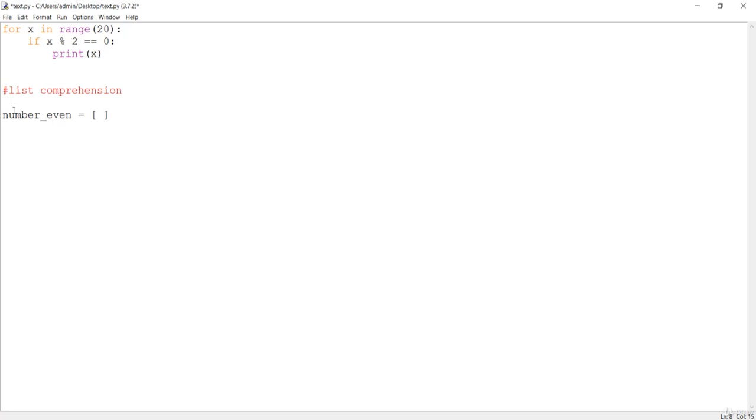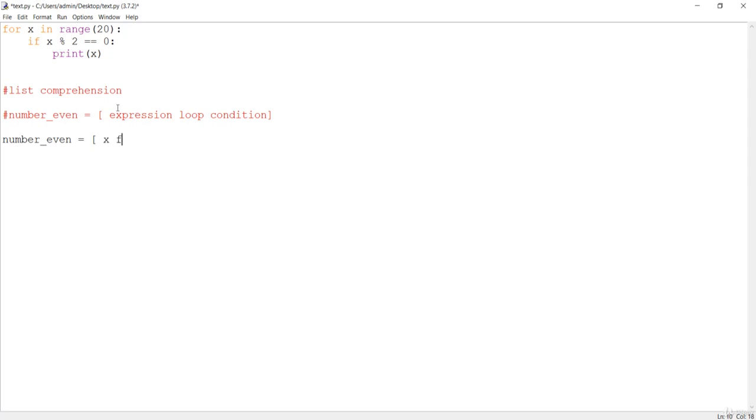First of all, here will be the expression, so what you want to return, and after that you will have the loop, and after that you will have the condition. So this is your list comprehension. Let me just comment it out again. Let me just copy this one, and let's go over here and paste it. So first of all, it should be the expression. The expression here is obviously x. We want to just return x, which is the expression.